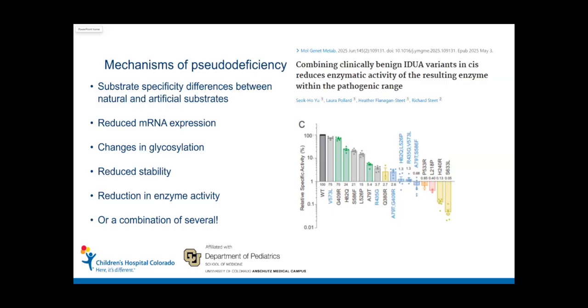to the range, or much closer to the range, of what you would see in a mild patient. So I think this is really important when we start looking at our genotype data, not just to look at the variants that were identified, the VUS or the pathogenic changes, but also are there any pseudodeficiencies in there? And one of the things that Jenny's group is wrestling with is a guideline for what to report, to make sure that the labs and the patient are communicating correctly about what genotype is actually there.